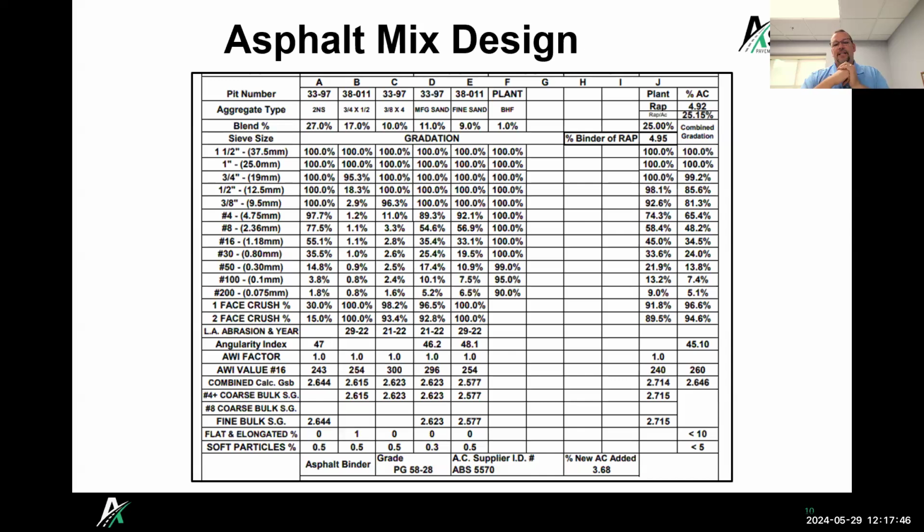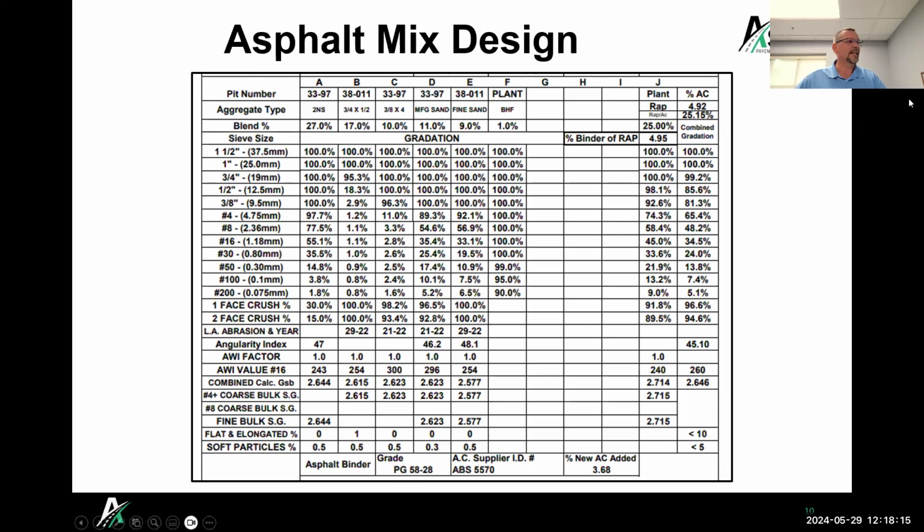Looking at the combined gradation of this mix design, which is this far right column, the first sieve size that retains 10% would be the 1/2 inch. So this would be a 3/4 inch or 19 millimeter mix, based on the nominal maximum aggregate size.